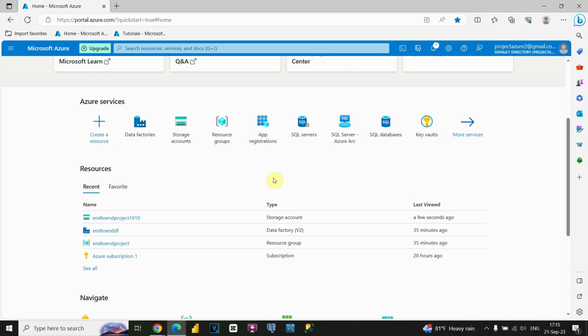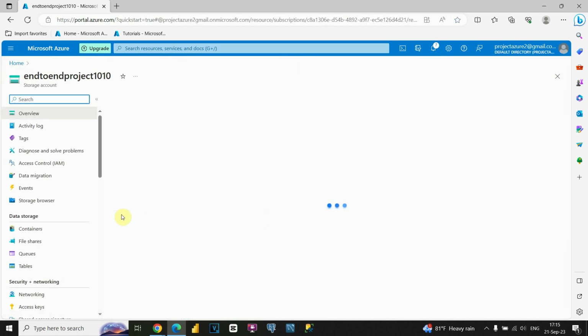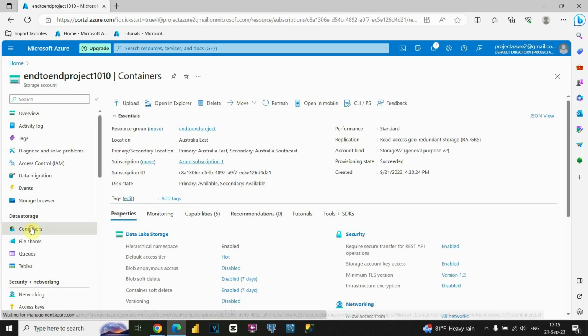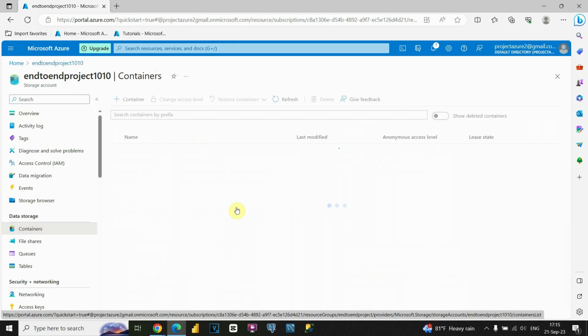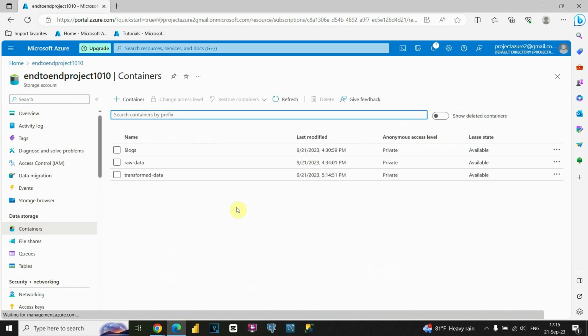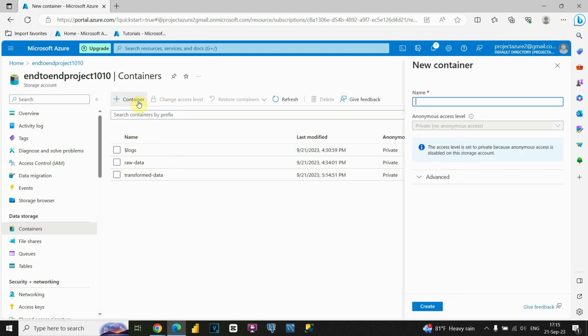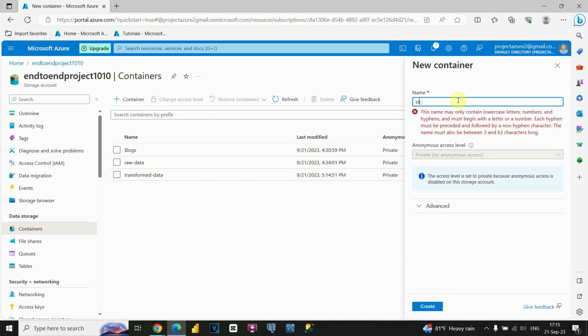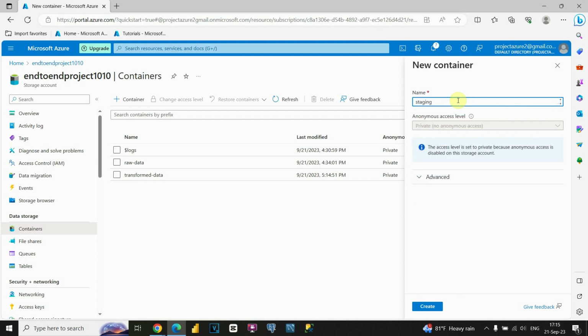Okay, now that we created Azure Data Factory resource, now we can go back to Data Lake Storage. Let's click on this Data Lake Storage and let's click on these containers. So now we are able to see those two containers that we already created, but now I would like to add another one. This container will be storing our CSV files. So let's click on container. Let's type staging